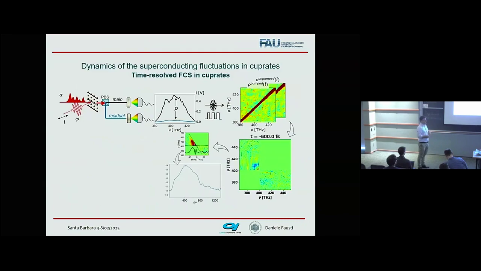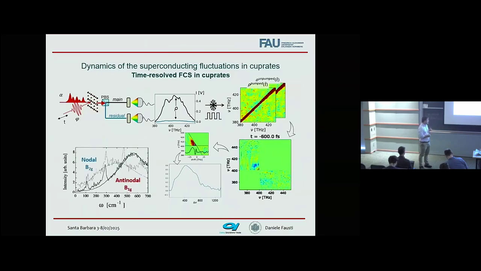And we did our noise correlation analysis. I'll spare you the detail, but what it turns out is that we can observe an electronic Raman scattering which is suggestively similar to the electronic Raman scattering that is observed with static Raman spectroscopy. Mind you, this is a different observable, but it is somewhat associated to the presence of superconductivity in the system.